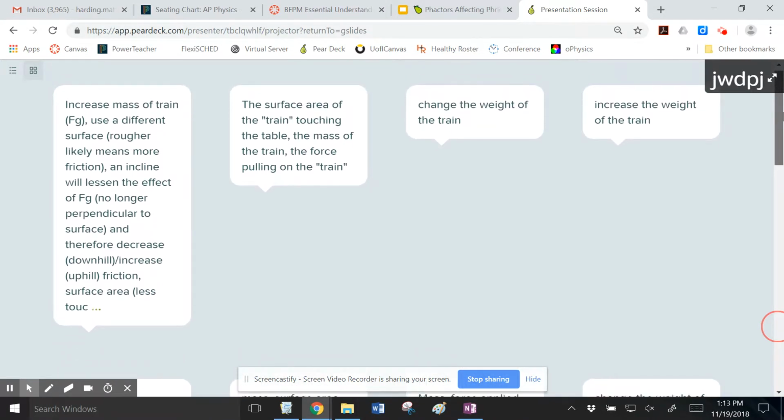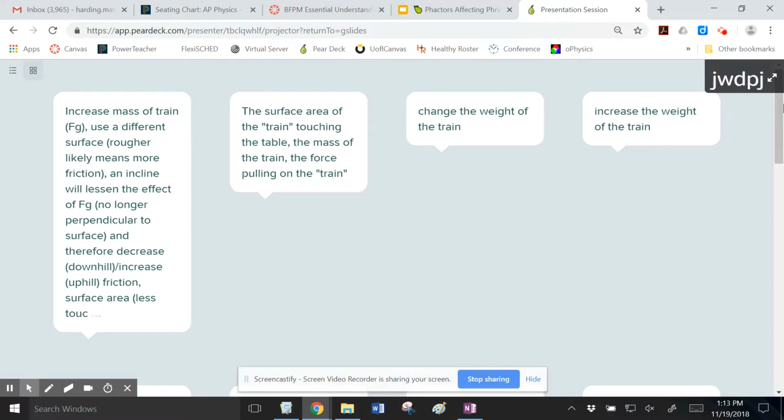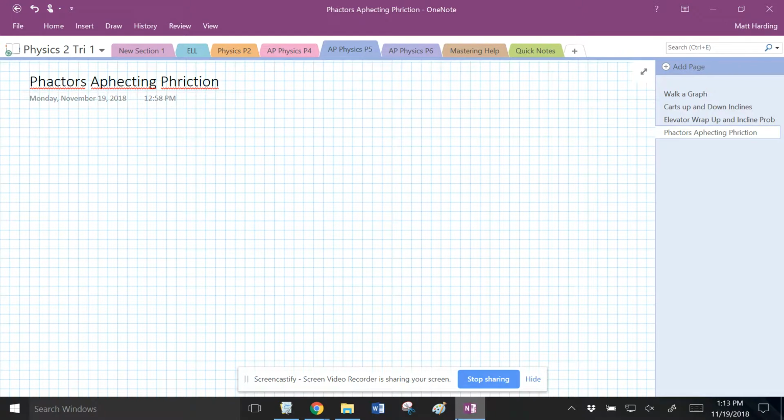Surface area, oh wow. What movie is that script from? Use a different surface. Rougher likely means more friction. Incline will lessen the effect of FG. Decrease the downhill, increase uphill friction, surface tension. Surface area of the train touching the table. So if I kind of summarize these things, we've got